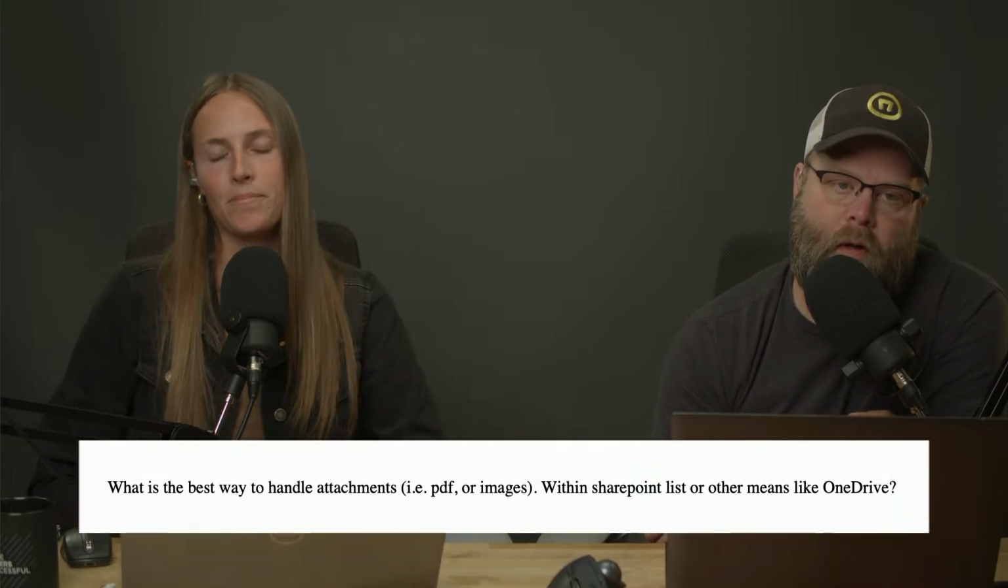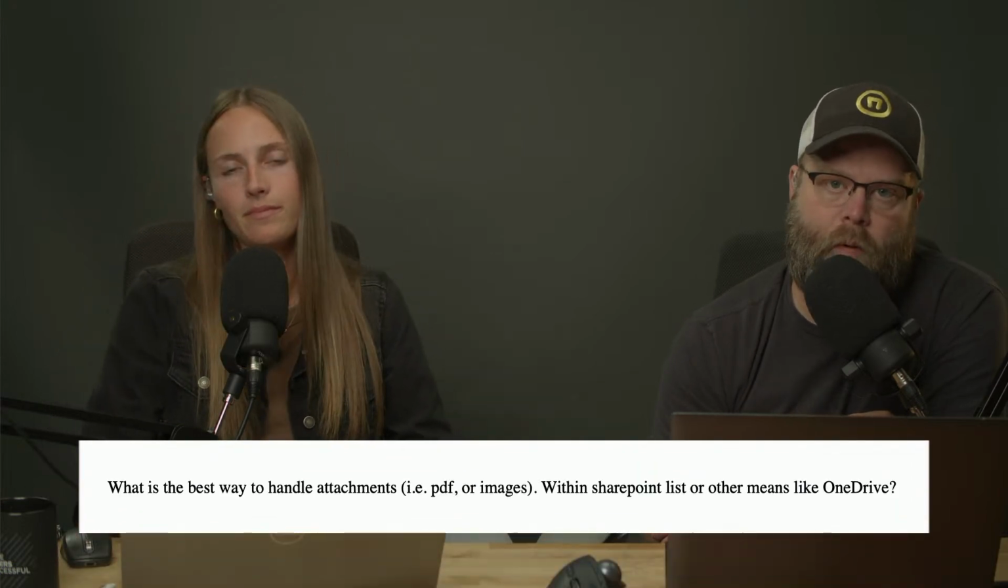To me, this is an information architecture design question. Where do I put my documents if I have a help ticketing system, if they're a PDF, a JPEG, a PNG, that sort of thing? Yeah, so that's a good question. If we're going to assume that SharePoint is your repository for your tickets,